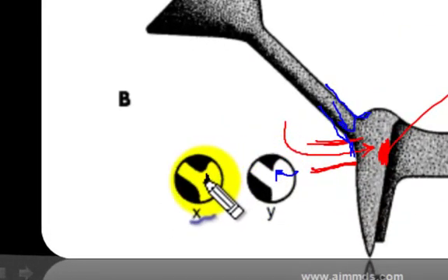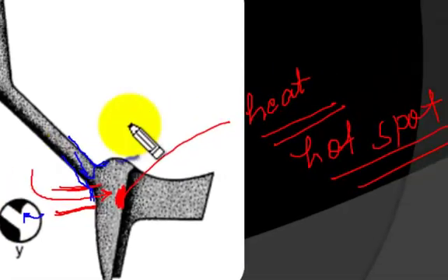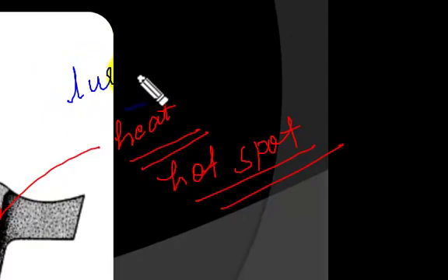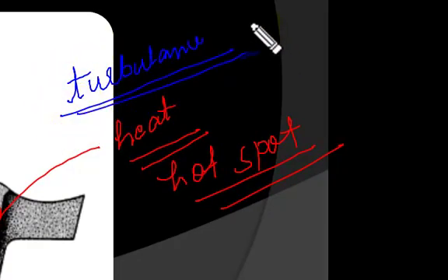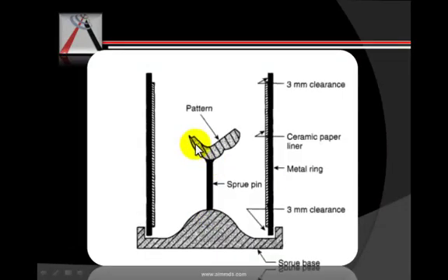The edges should be rounded as we see it here. We do not want the sharp edges because these sharp edges will result in turbulence in the flow of molten metal, and this turbulence will create a lot of possibility of bubble inclusions and heat generation. So we do not want turbulence in the flow of the molten metal, so we want these junctions to be rounded. So those were the basic properties that we discussed about the sprue former.